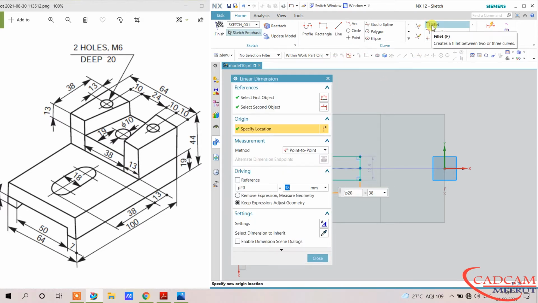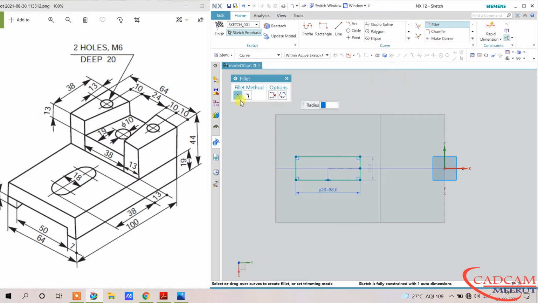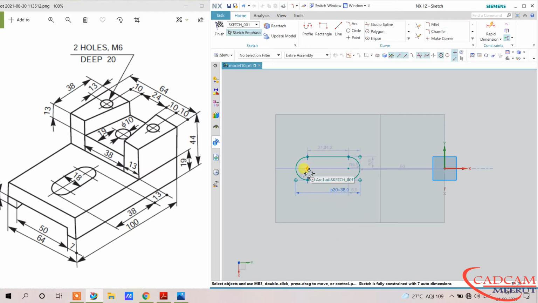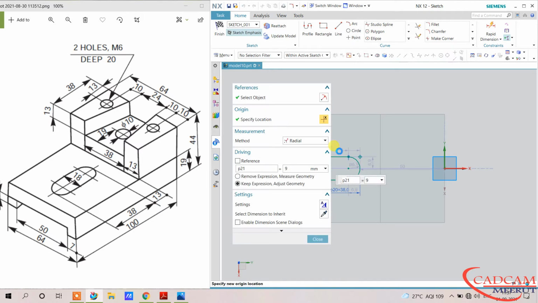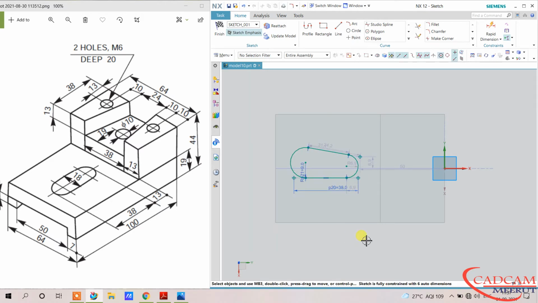Now I will select this fillet command, and here we have this option delete third curve. Select this curve and draw. It will automatically create the full round, and 18 is the diameter and 9 will be the radius.